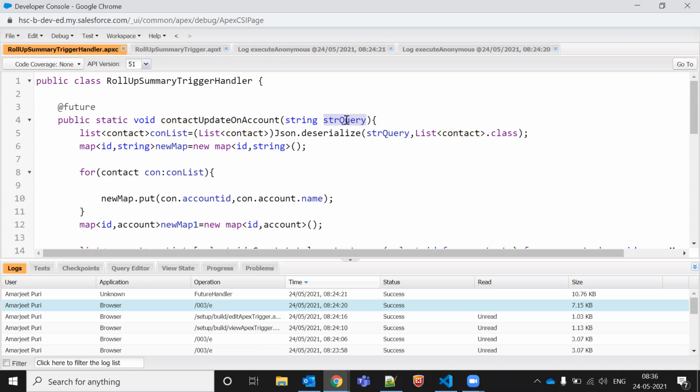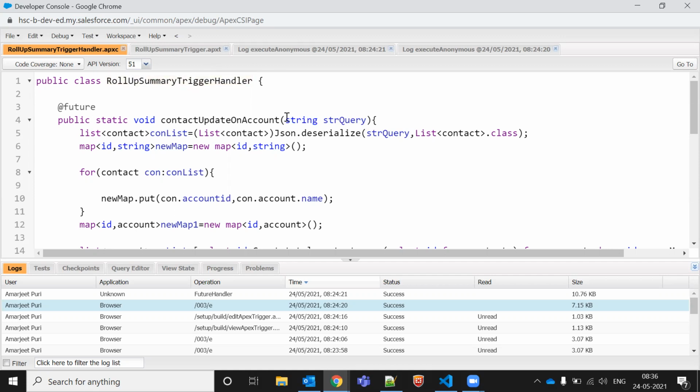But in case of a queueable class, the name indicates that it should be in a queue. We can pass loads of things as parameters: objects, strings, integers, primitive and non-primitive data types. So we will not get any problem there. In case of a queueable class we can track the job ID, but in case of a future method we cannot track the job ID.